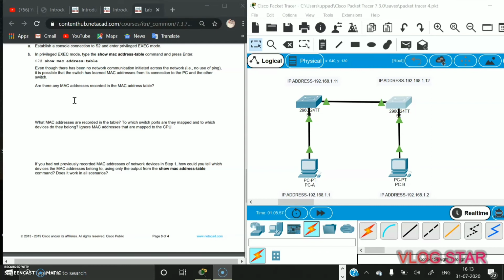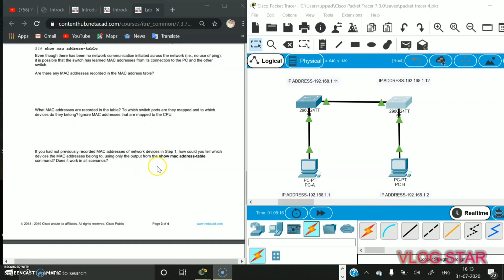Then we will know to which switch ports they are mapped. Okay. If you had not previously recorded the MAC addresses of the network devices in step 1, how could you tell which MAC addresses belong to which device? Then again we have to enter this command if we didn't do it.